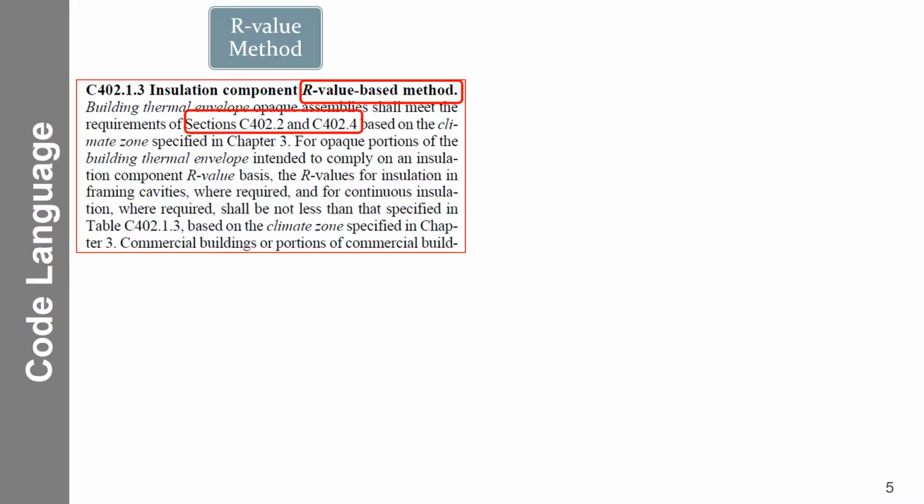And these are all based on the climate zone that we discussed in Part 1 of the webinars. So for the opaque portions, meaning the non-windowed or glazed area of the thermal envelope, you would need to comply with the insulation component on the R-value basis